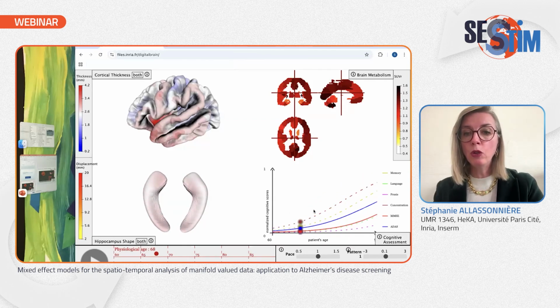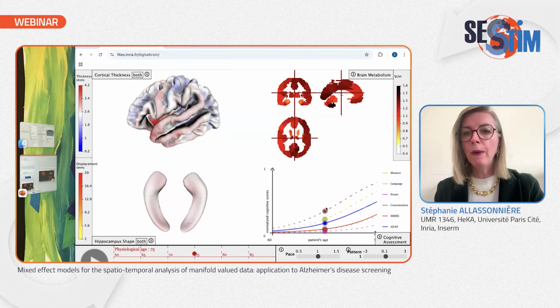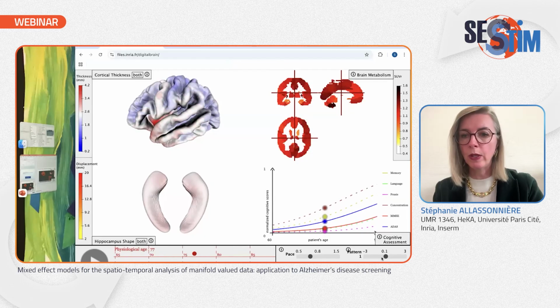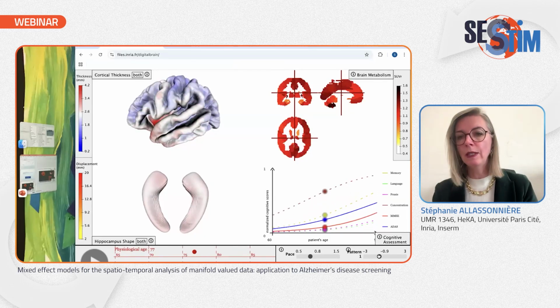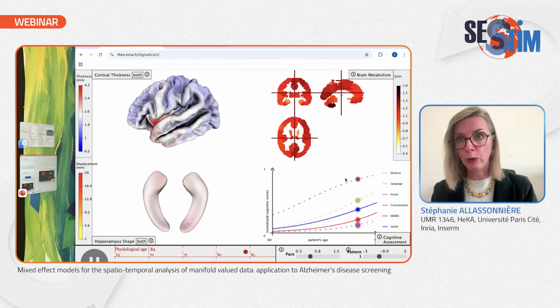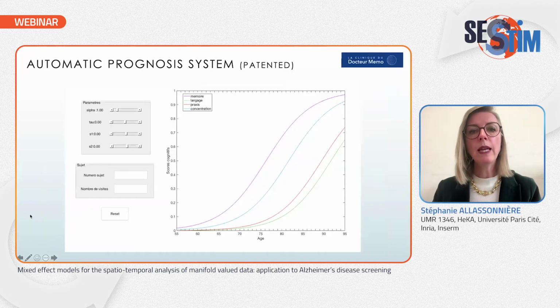So if you have a new person that comes in to the neurologist consultation, then depending on the age, for example, let's say 75, and depending on the clinical presentation of the scores, for example something that is not that aggressive, but started quite early and with some presentation that is this way, we can have a pretty good understanding of what's going to happen afterwards. And how did we use that? We use that like this.